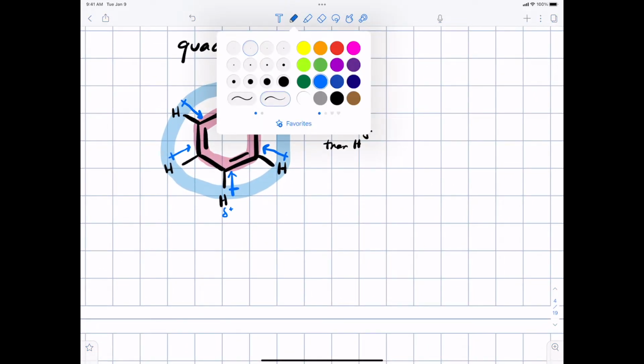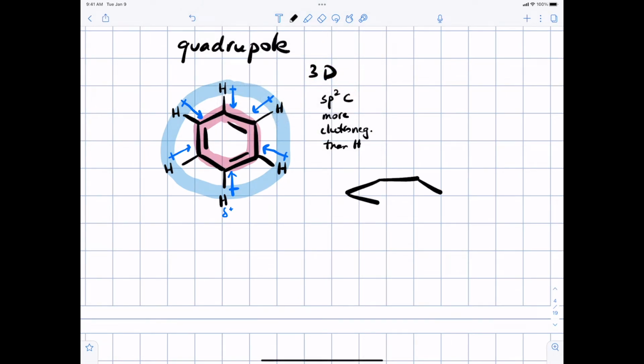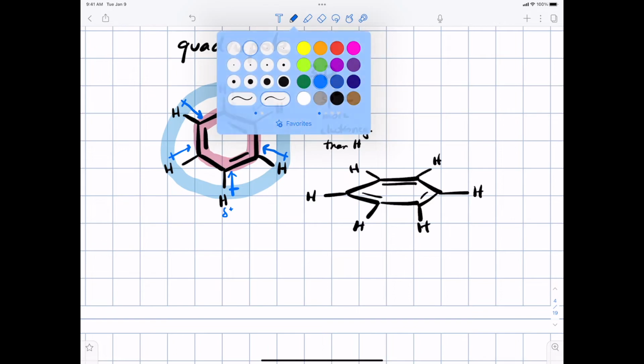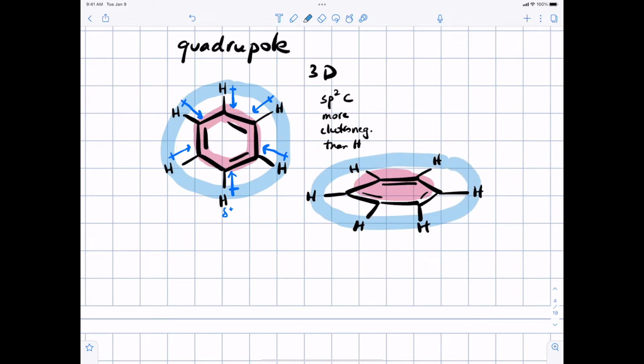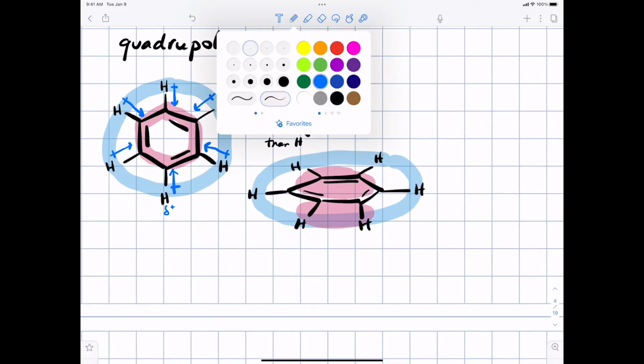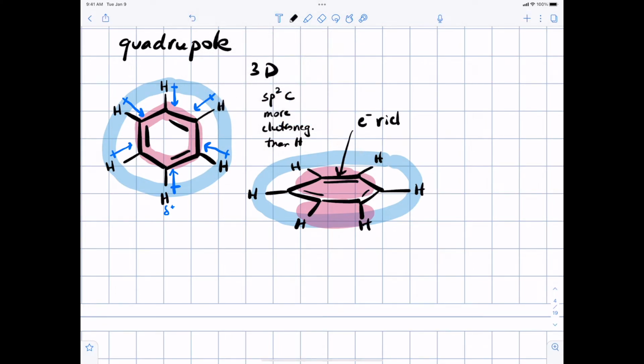And if you look at the benzene ring from the side, basically what you conclude is that the benzene ring has an electron poor edge but electron rich faces. And so sometimes people try to represent this by sort of making Saturn. There's the ring, an electron-rich face on top, an electron-rich face on the bottom, and then an electron-poor edge. So benzene is not polar, but it is quadrupolar,